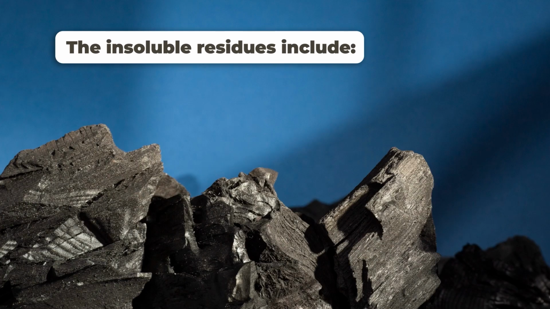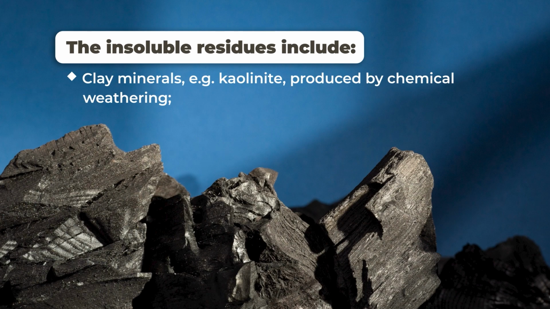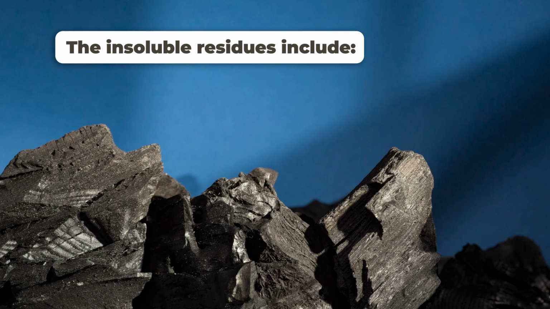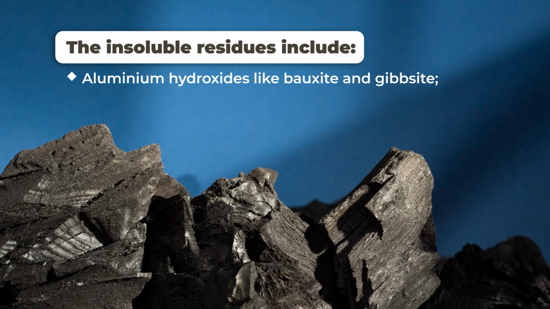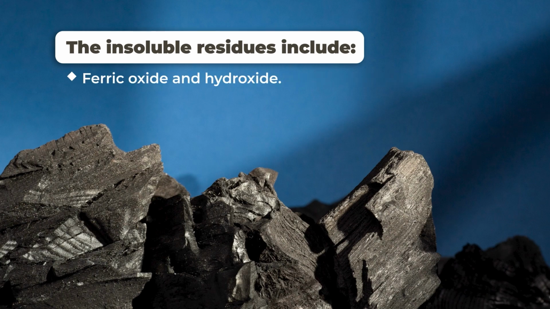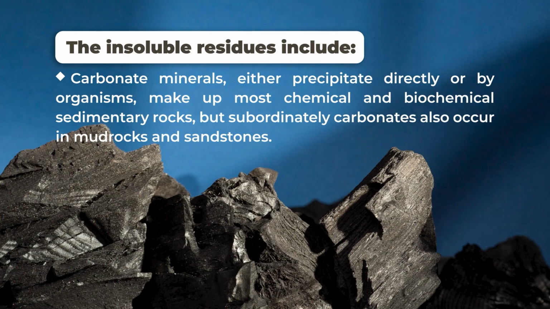So, the insoluble residues include the clay minerals, for example, kaolinite. Those are produced by chemical weathering. Then micaceous minerals, this includes the mica, that is muscovite and biotite, and chlorite, and the aluminum hydroxides like bauxite and gibbsite, and ferric oxide and hydroxide. So, the carbonate minerals are either precipitated directly or by organisms. This makes up most of the chemical and biochemical sedimentary rocks, but subordinately carbonates also occur in mud rocks and